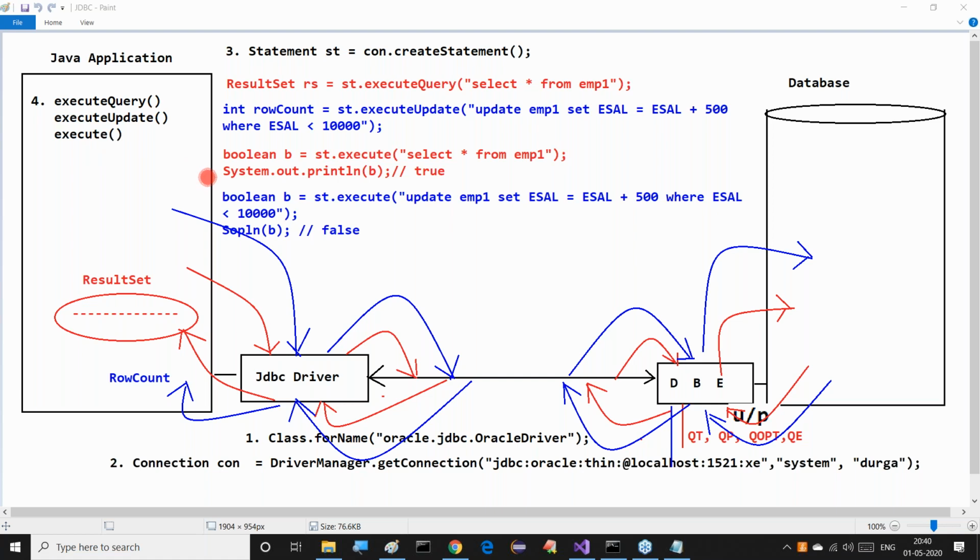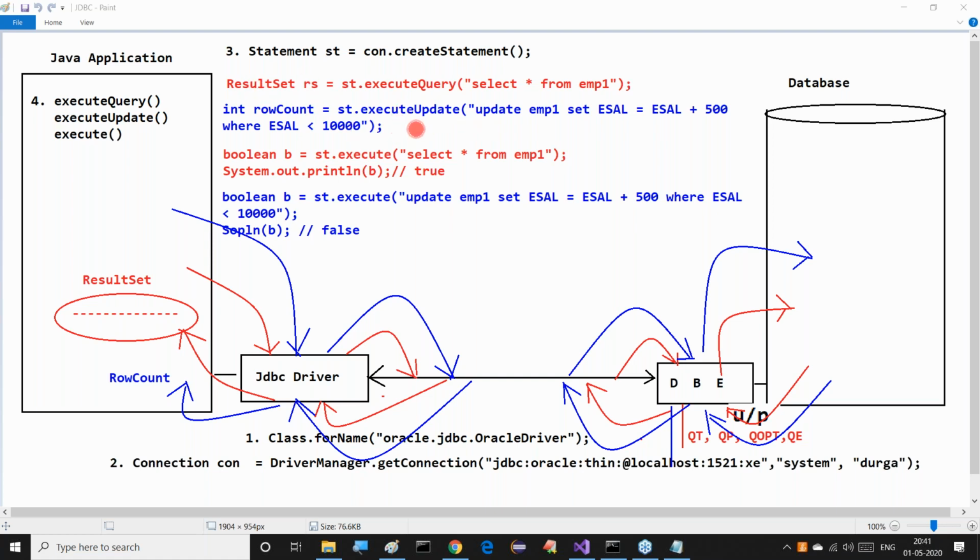To write and execute SQL queries, we are using three methods overall. What are the three methods? First is executeQuery, second is executeUpdate, and third is the execute method. These are the three methods we have. We have already seen the difference between these three. The executeQuery method can be used to execute a select SQL query. It is able to fetch the data from the database table. That fetched data will be stored in the form of a ResultSet object.